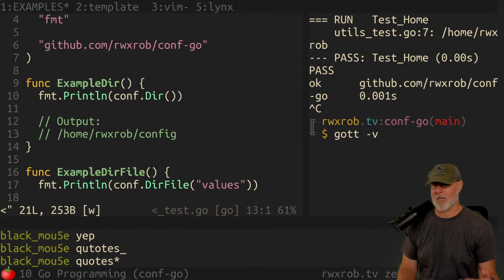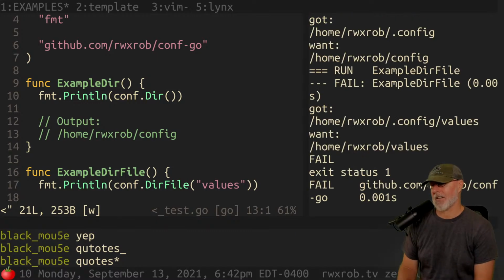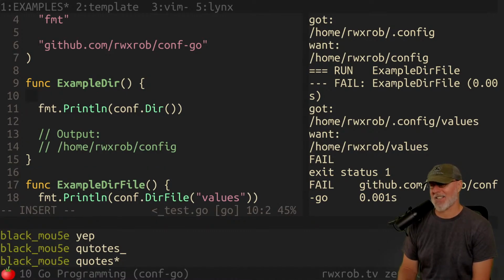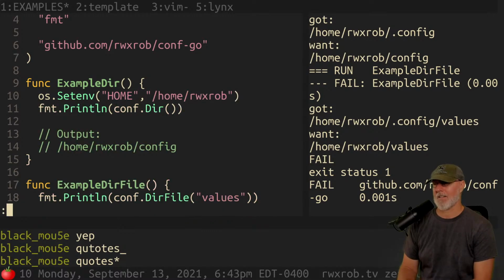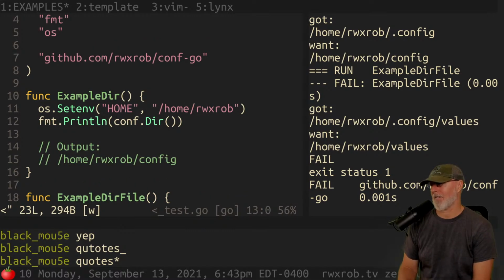Sometimes what you can do is add an environment variable or two, or add a package variable, and you can set it in your tests and say, okay, use me from now on. I'm the user. And it'll do that. So in this particular case, we can actually cheat because we know how to do it. We can do os set env. This is going to work now because we're using the different one.